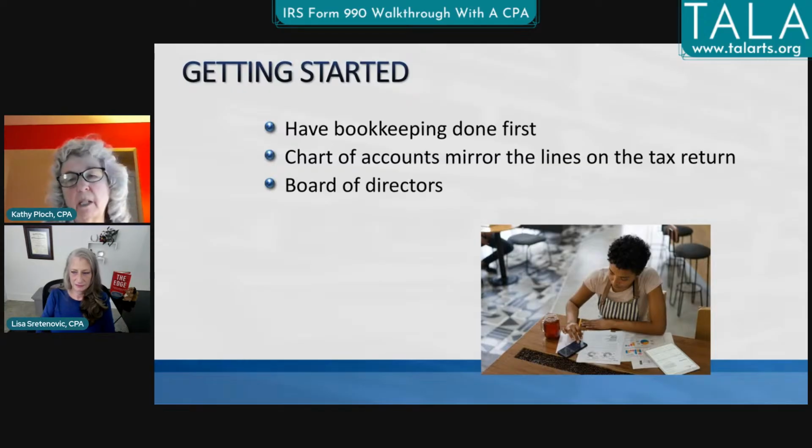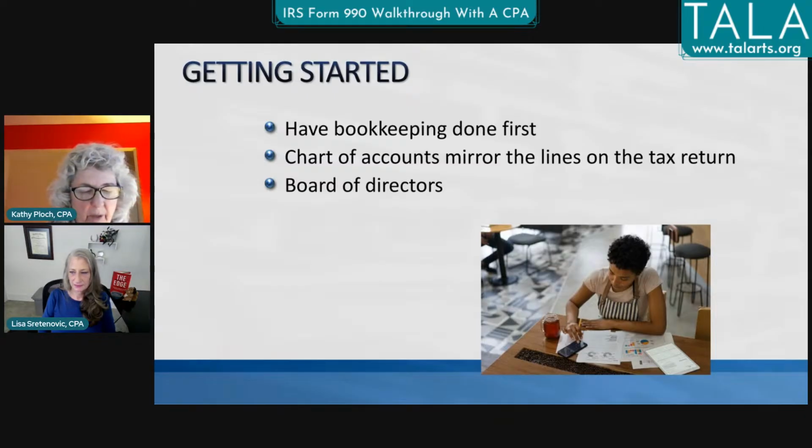And when we get to the Schedule A, you're going to have those amounts showing for those 5 years. So even though it's tempting to not worry about doing a set of books, or at least keeping track, you're going to need it eventually. So it's so important to have bookkeeping done first. I'm not talking about the 990N. Let's talk just about the 990 EZ, where you are going to have to do a tax return.